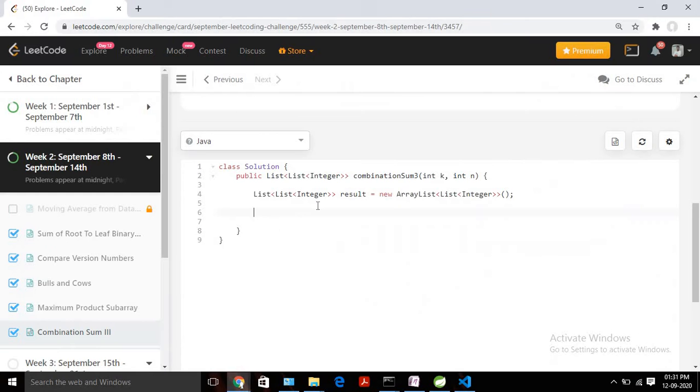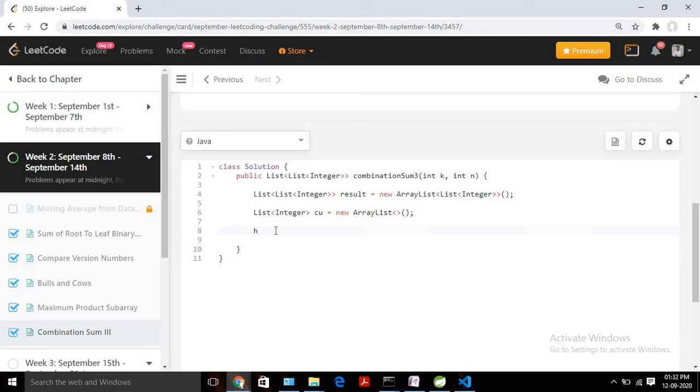Okay, so let's declare that quickly. So it should be List<Integer> again, and let us name it as cur, or current list, you can say. And again we are going to take the ArrayList implementation here. Okay, fine. And now what I need to do, I need to call this function recursively, right? So I will define another separate method, helper method you can say, and we are going to call that.